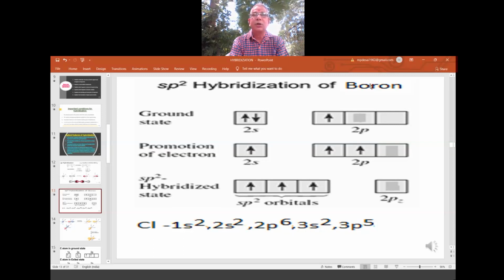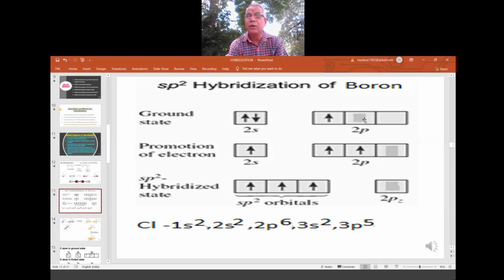As usual I have not taken the 1s2, directly I have taken the valence electrons, that is 2s2 and 2p1 anywhere. All the 2p orbitals have degeneracy, so you can write this one electron anywhere. Now only one is unpaired, but 3 chlorine are there, so 2 more are required. Promotion is a must, though it is not an essential condition, but here it is required. Therefore, make the paired into unpaired. For this you have to promote one of the 2s electrons to the empty 2p.